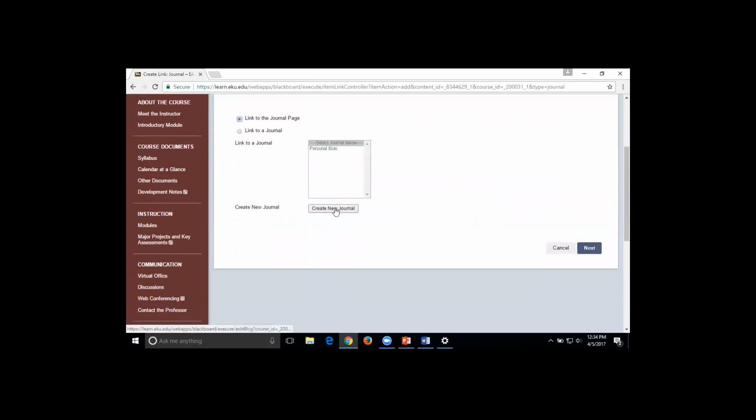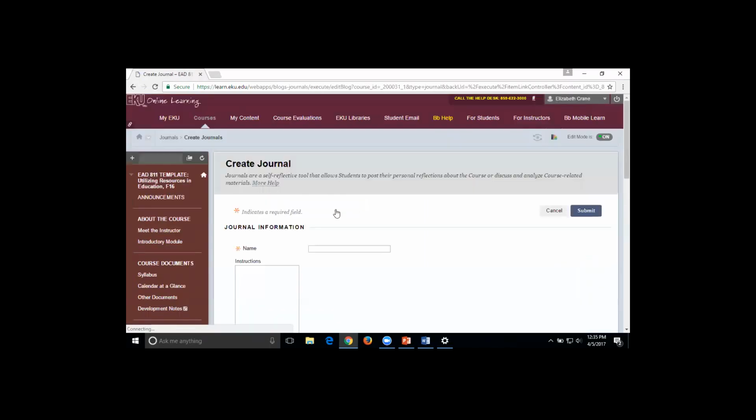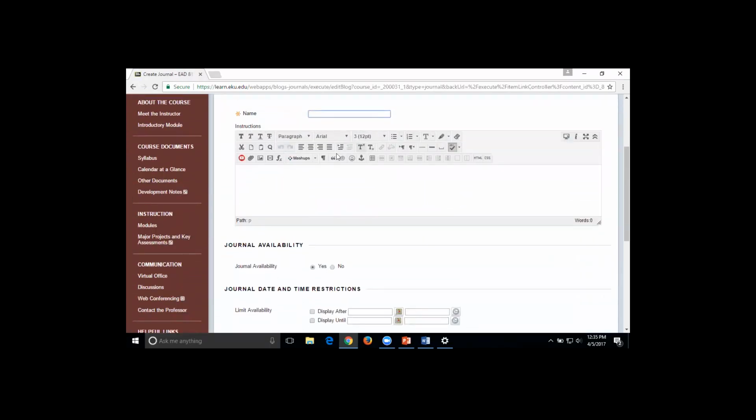Now, if I want to create a new journal, I get different tools, but I can use the same journal. So if I'm having them report on, say, field work that they have to go out and do and report on, then I want to make comments on them, and I want them to keep going back to that same page. Every time they have a field work assignment, I can use the same journal all the way through. If I want to create a new journal, I can give it a name,